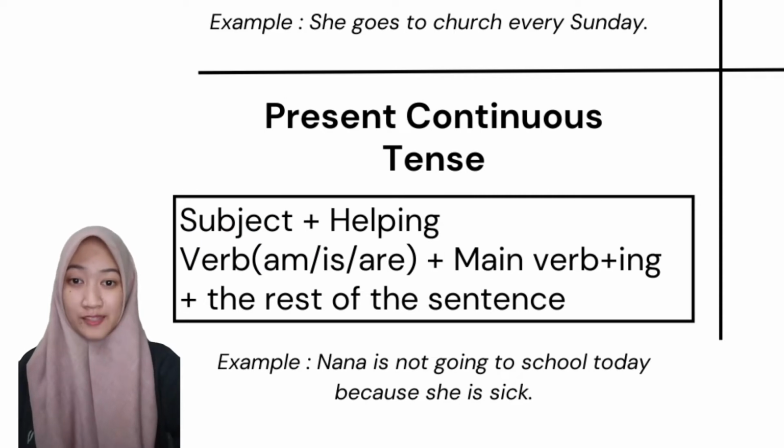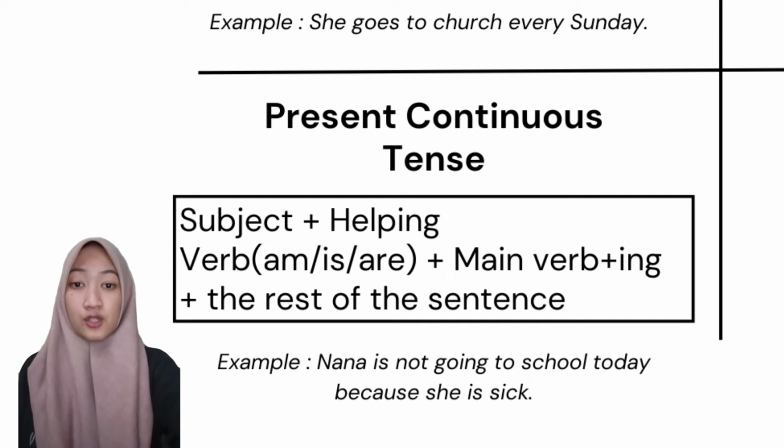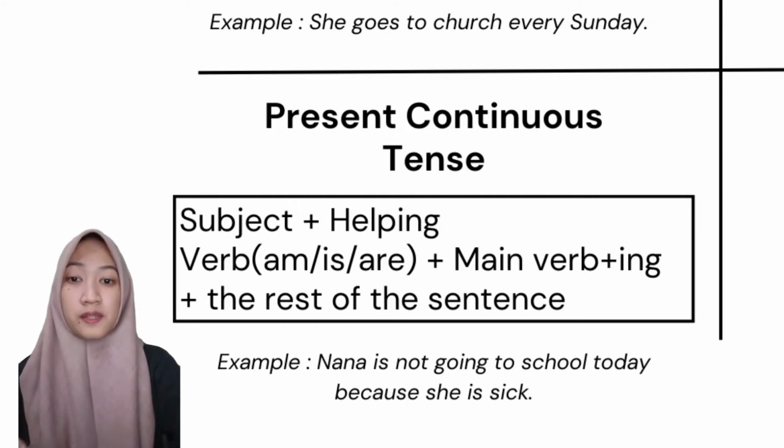And now I will explain the present continuous tense, its meaning, the formula, and example sentences. The present continuous tense is used to denote an action that is continuing at the present moment. Or to make it easier, it is a tense form that you can use to explain or express an action that is taking place during a certain time in the present.